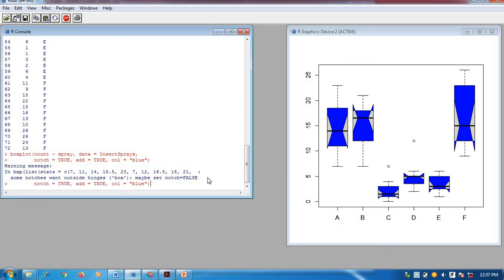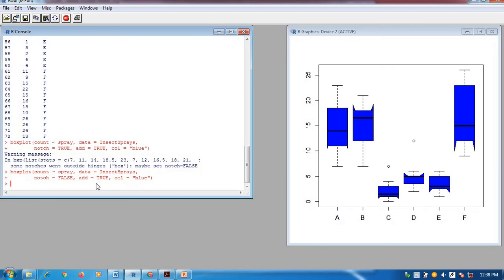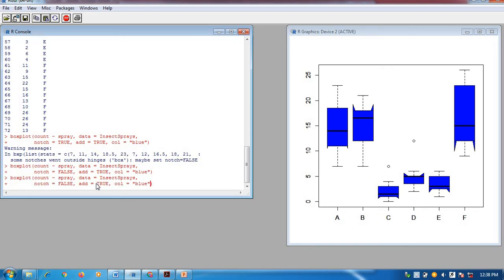So if we set notch to FALSE, what observations do you have? Here again the notches are not displayed. Again we can make some changes. I am removing this also.